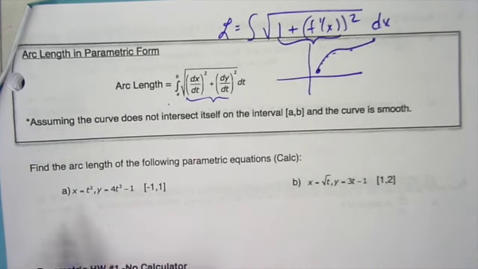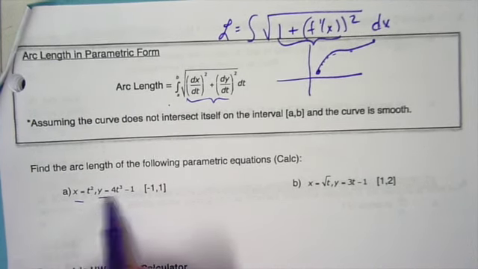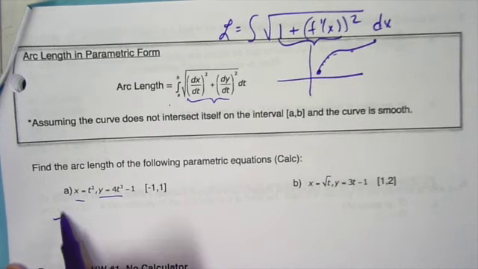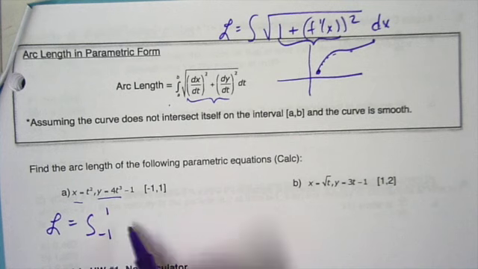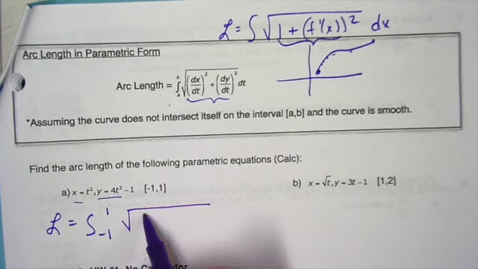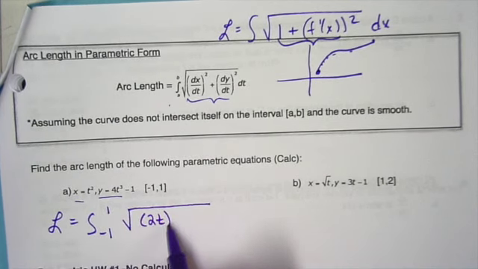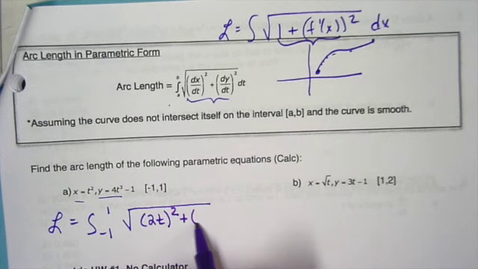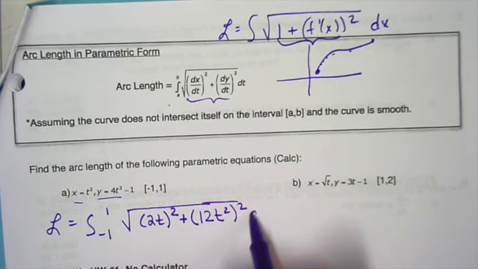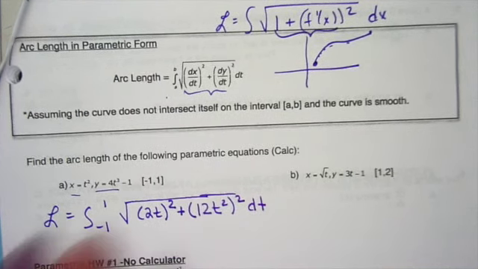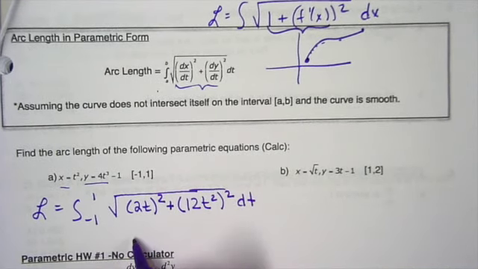So arc length for these two functions is going to be, I'm going to be integrating from -1 to 1, square root of dx/dt, which is 2t, squared, plus dy/dt, which is 12t squared, squared. And in terms of dt, just go ahead and integrate that on your calculator and check that this is the